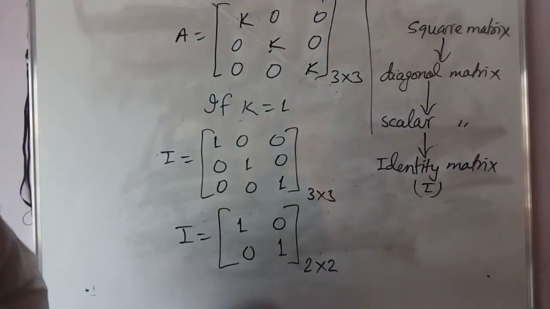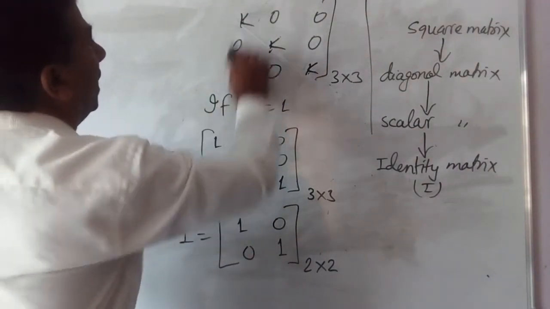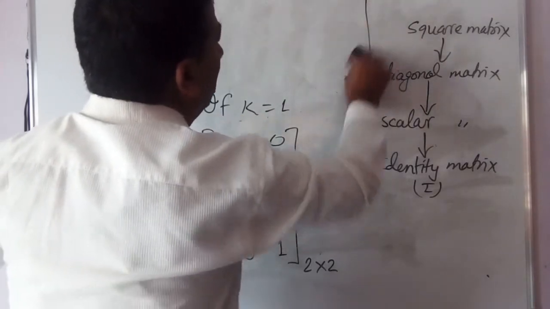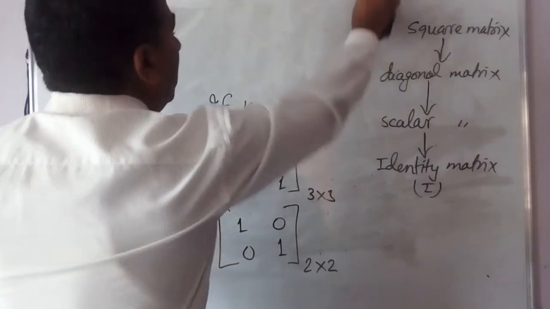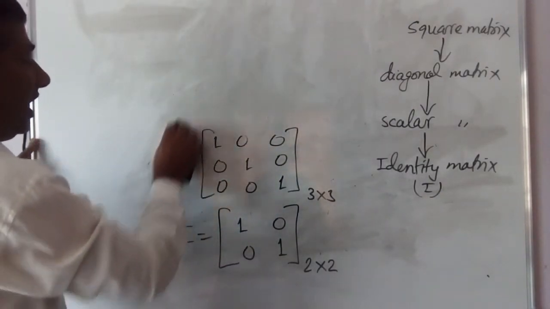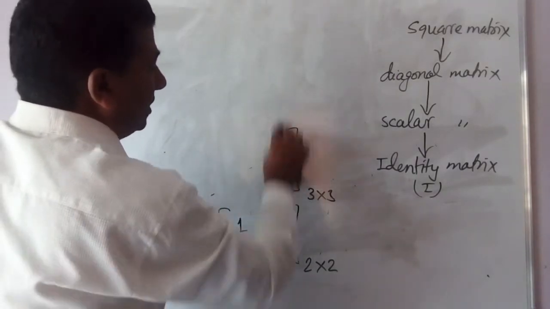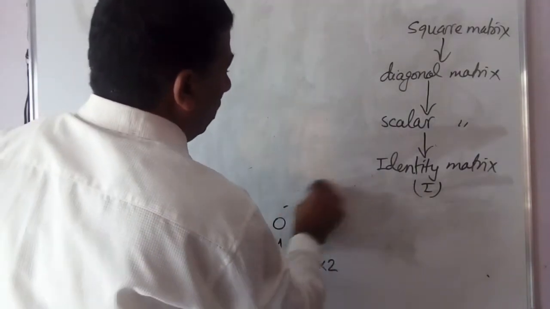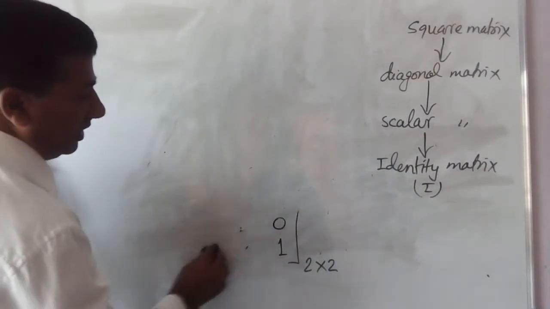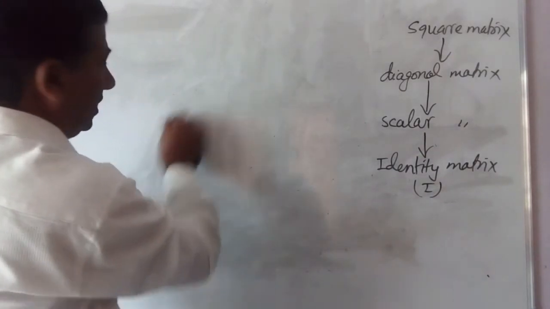Okay, now after this I'll talk about the additive identity matrix also. Remember this, there is not only a multiplicative identity, there is an additive identity matrix also. Now what is an additive identity matrix? Now an additive identity matrix means a matrix that, when we add it to any matrix, doesn't bring any change.